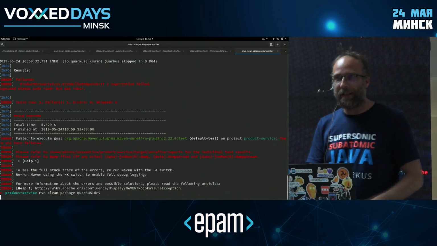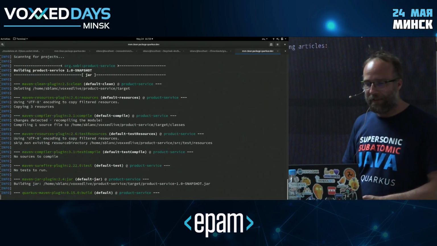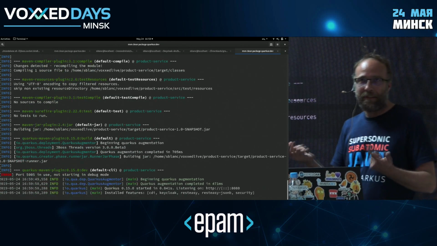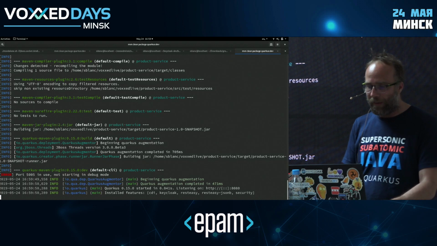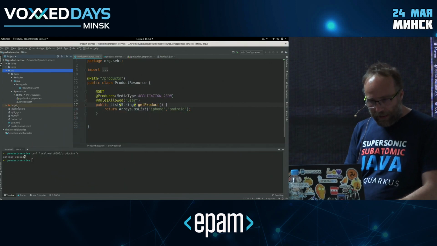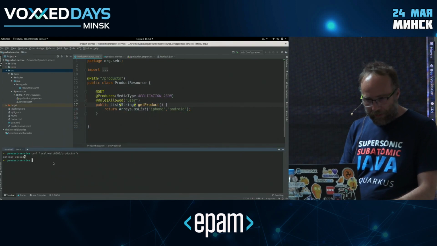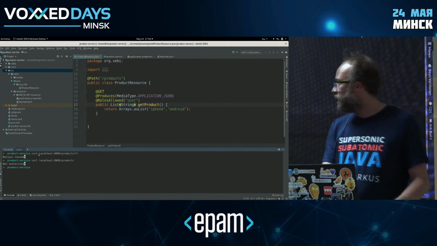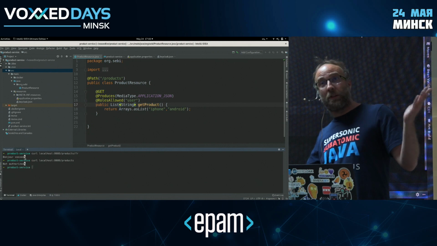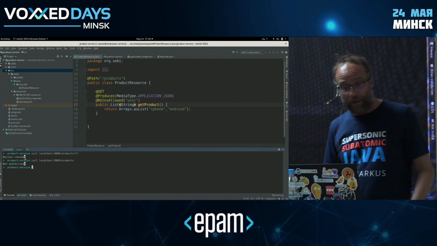The best step of today. Okay, here we go again. Now, because it's secure, it's not expecting a 200, but a 401. Okay, let's make sure that our endpoint is secured. So if I curl again against product, not authorized, you can see here. So that's good news. That means that my app is